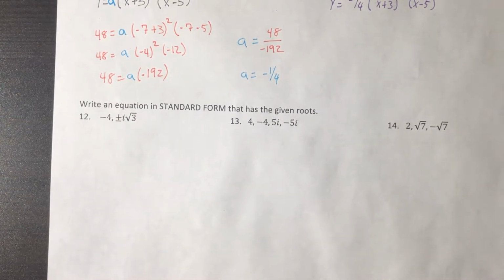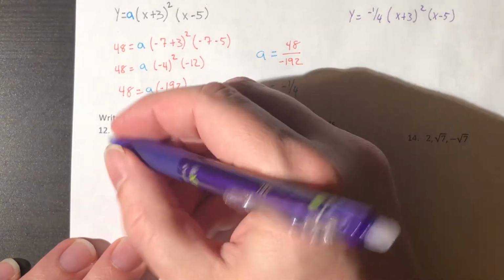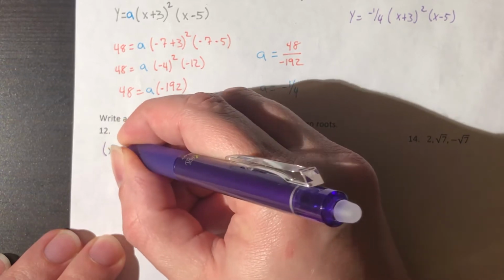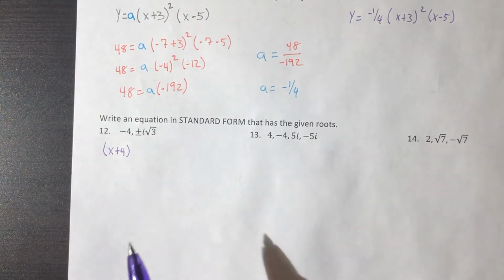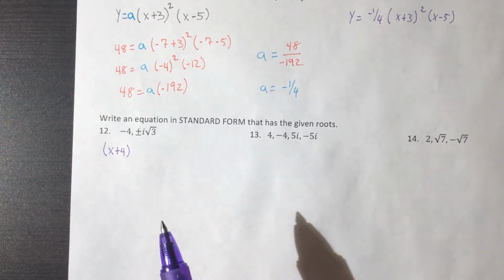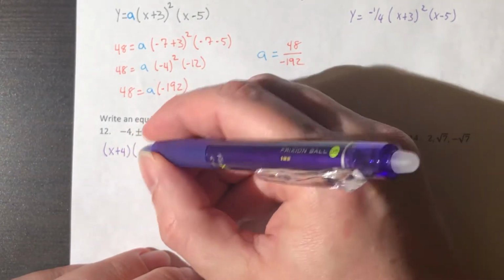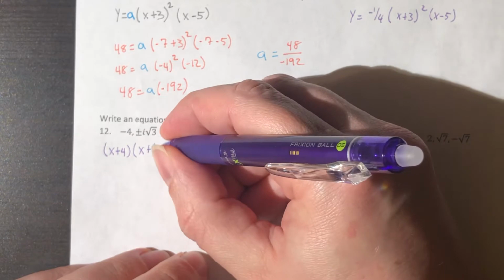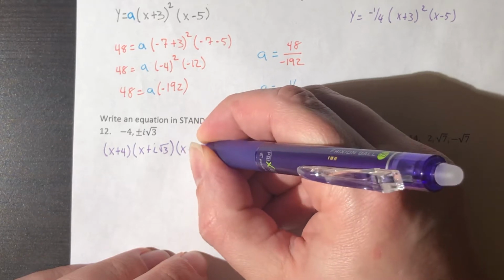Problems 12, 13, and 14 are giving me the roots and wanting me to write the equation. So to start, I need to get it in factored form. I have a 0 at negative 4, so that factor is going to be x plus 4. I also have a 0 at positive and negative i root 3. So that factor is going to be x plus i root 3 and x minus